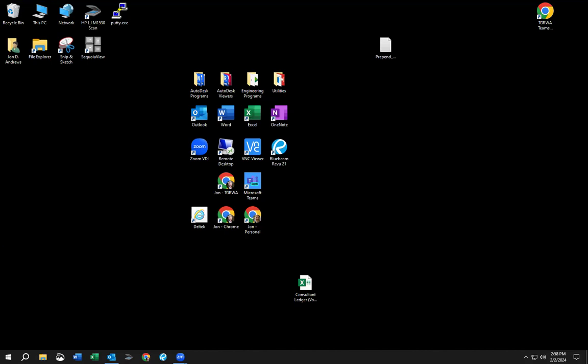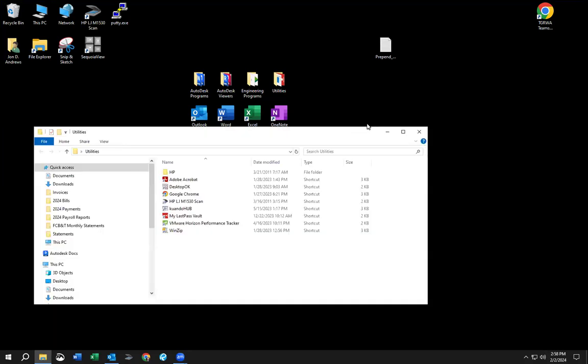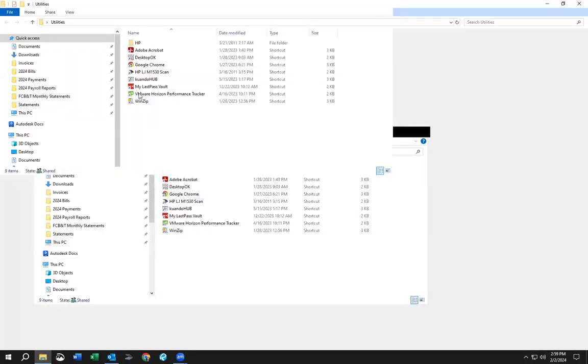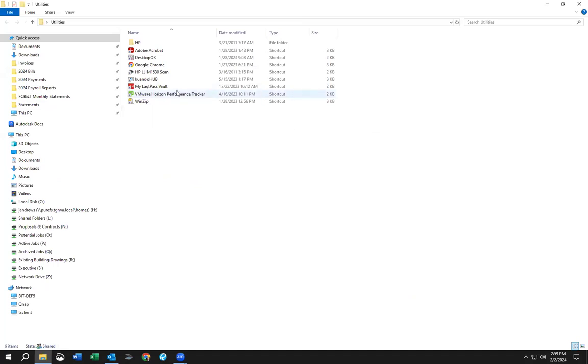I want to go through a couple of things for LastPass based on some questions that have come up. First off, there is a shortcut in utilities that was added that says My LastPass Vault. What that does is it takes you to the desktop version. It's actually the web version, but it takes you to a website for LastPass, which is a little odd because